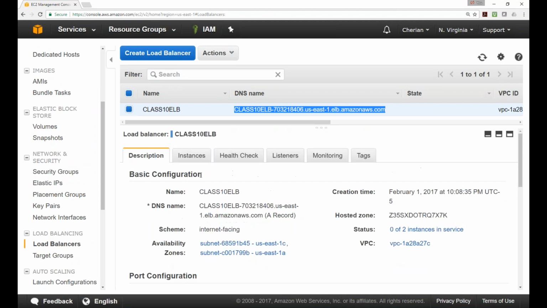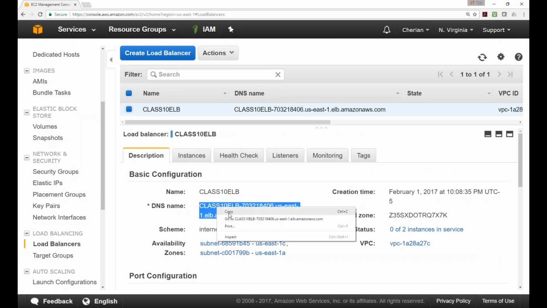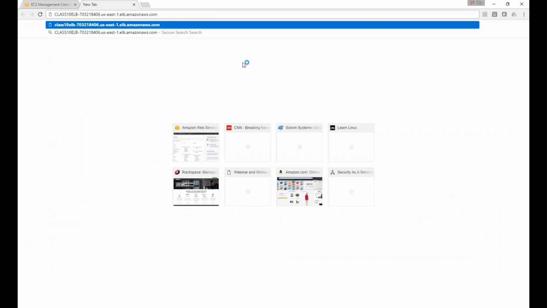If you look at the name of the ELB, the DNS name, this is the A record, this is the actual URL. You don't see any IP address or anything. You don't need any IP. This is a public facing URL. You will be able to access it. You can see that it is called internet facing, the subnets and all those things. So all you need to do is take this and go to your browser and put that there,